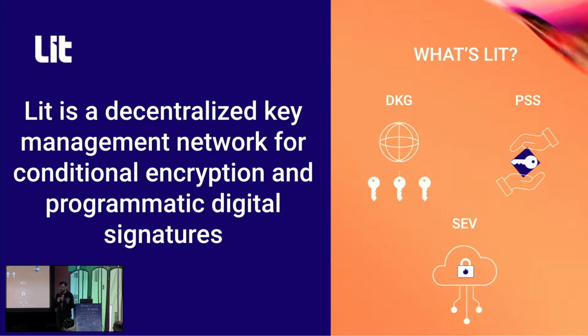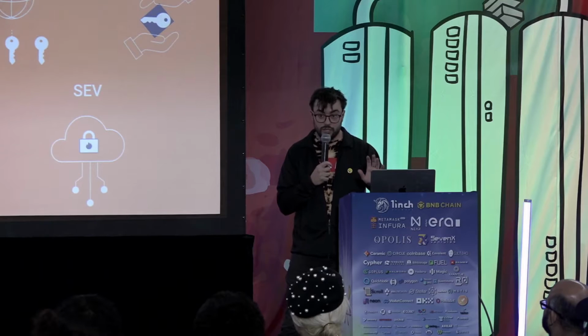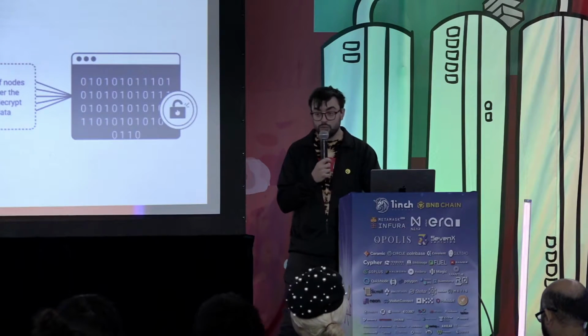What happens there? Can't those nodes just take those and recombine the key to collude, and then the network is broken? And so the way to prevent that attack is something called secure encrypted virtualization. For the purpose of this network, today we've started initially with AMD SEV-SNP, and all of the nodes' operations are functionally taking place in a black box where that node operator is cryptographically attesting to the code that is being run in there. So that's what we're up to. That's kind of the systems design, and then we'll take a few moments to talk through some use cases.